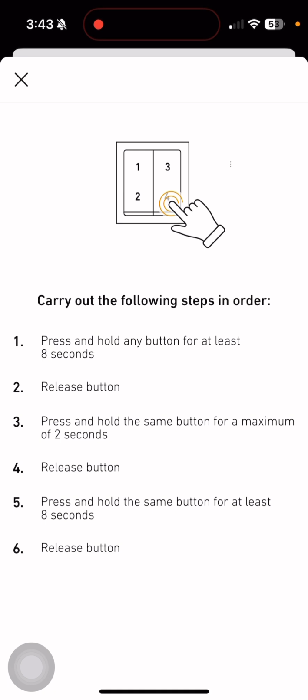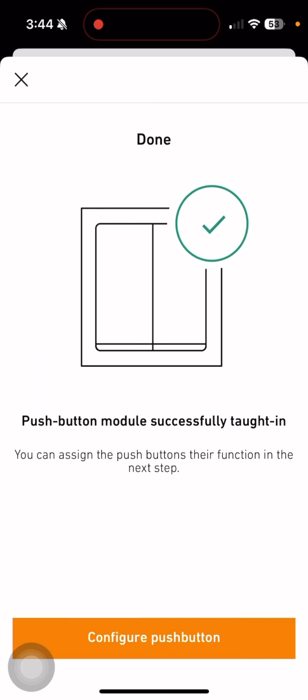Follow the step on the page. Okay. Firstly, I press and hold 8 seconds. Release the button, press the same button for 2 seconds. Release again, and then press and hold the button for at least 8 seconds. Okay, once you have